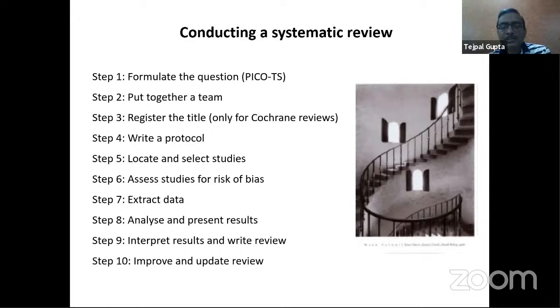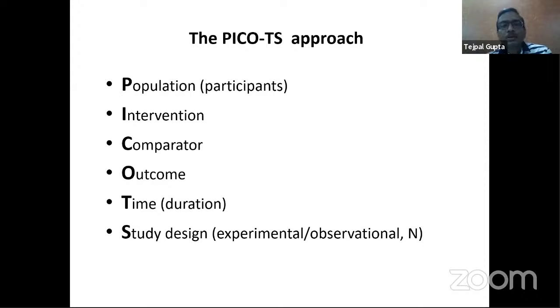So this, in a sense, is what the steps for conducting a systematic review are all about. Now, most systematic reviews and meta-analyses use something known as the PICO approach, wherein PICO stands for population or participants, I for intervention, C for comparator, and O for outcome. And in recent times, this has been slightly modified, and it's called the PICO-TS approach, where T is the time